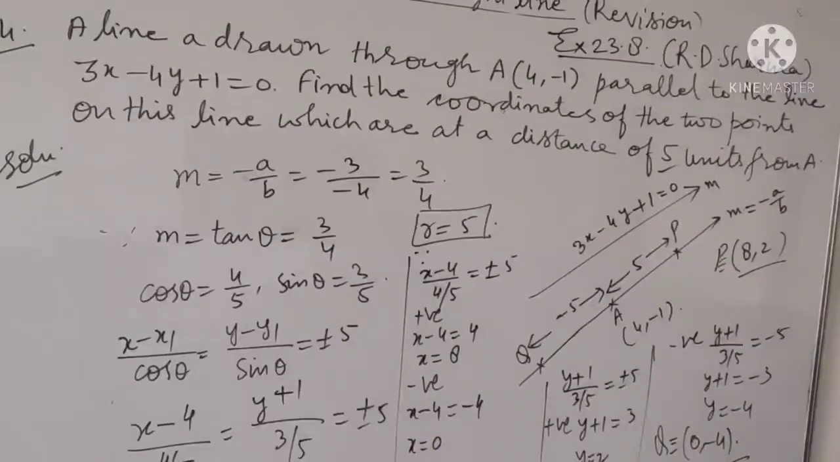Coordinate of Q is 0 comma minus 4. Coordinate of P